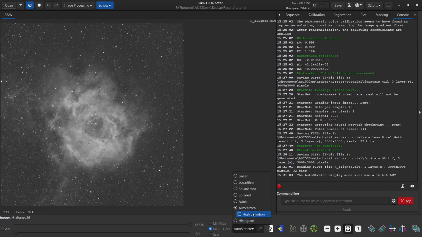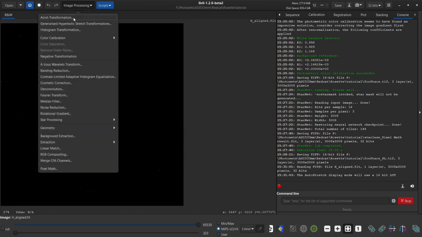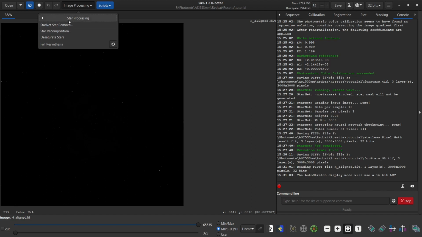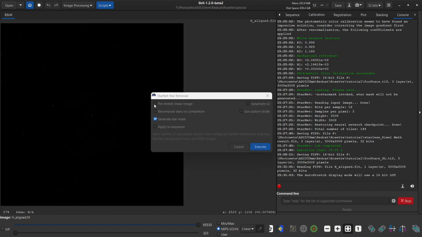And do a star removal. Now, from my last video, you may recall that if you go to StarNet star removal here, there's this option to pre-stretch the linear image. There is an optimal stretch level